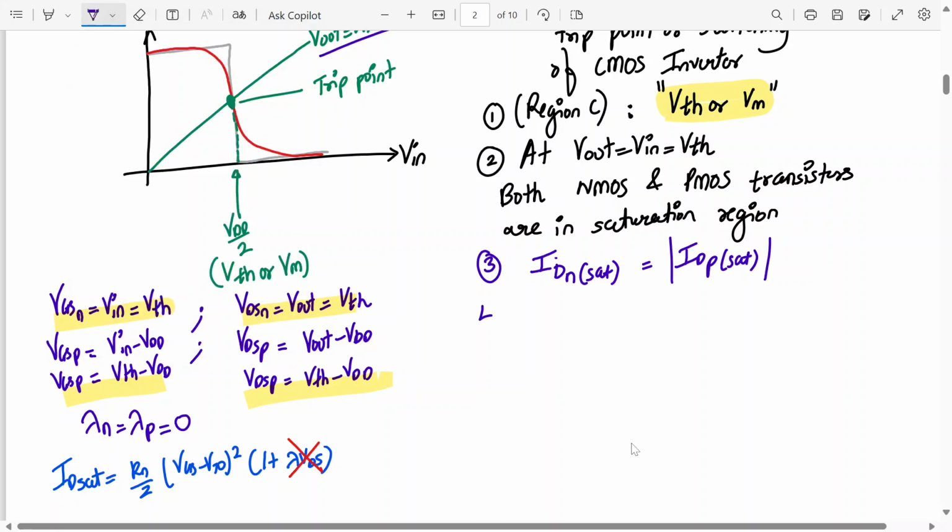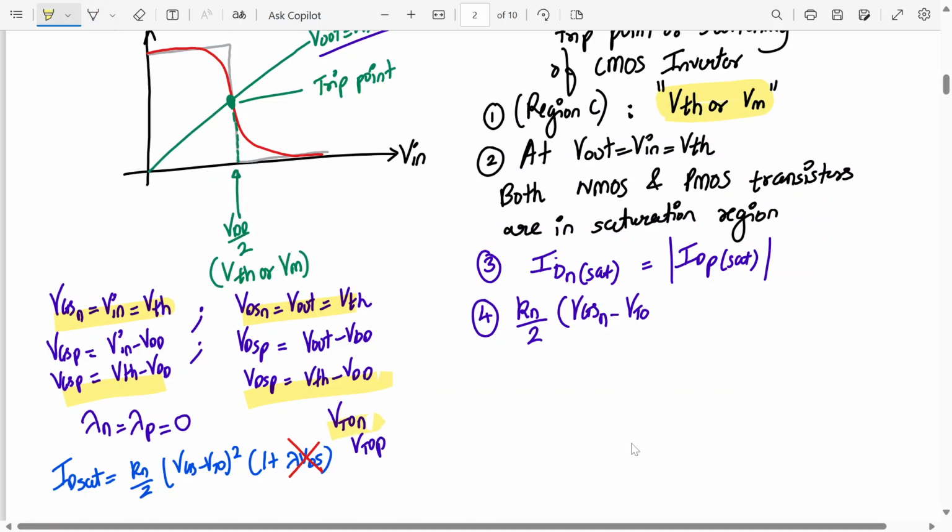Let me go to the next point. Now let's write this equation for ID, the drain current in saturation for NMOS. Its formula is Kn by 2, VGSn minus VTOn. So the threshold voltage of NMOS and PMOS will be VTON and VTOP. Remember that,